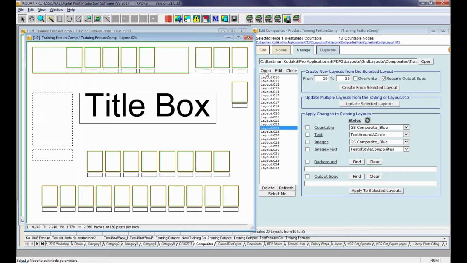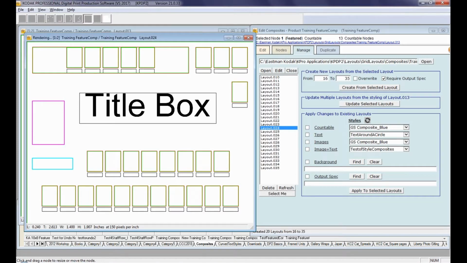So now here's the key to where we're going. Now we can really maneuver and move. In my mind, I need to make the featured node a little bit smaller. So I'm going to use the normal resize tool, and I'm going to bring this down in size. It might not be quite the same aspect ratio, but it's close. Now, if I were doing this for production, I would